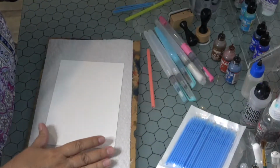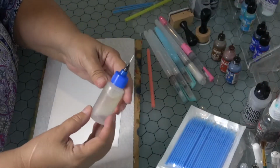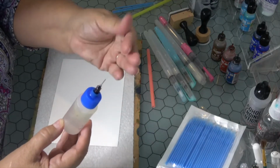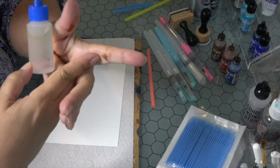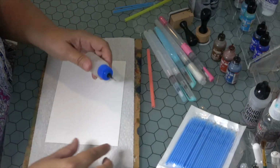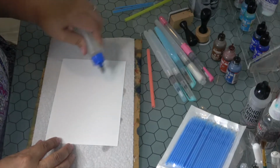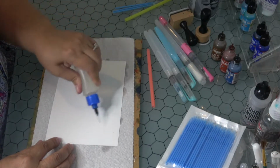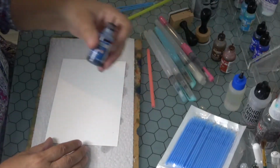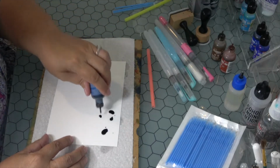So first of all, I just want to show you that very quickly. I'm going to lay down a little bit of my alcohol ink and some blending solution in this particular bottle with this nib. I love it. You can already see I've got some nice chocolate ink there for leftovers. All right, so I'm just going to lay it on the top quarter or half of my page, and let's just take a look at what we can do with this canned air. I'm going to drop some of my denim Tim Holtz alcohol ink across the top here,